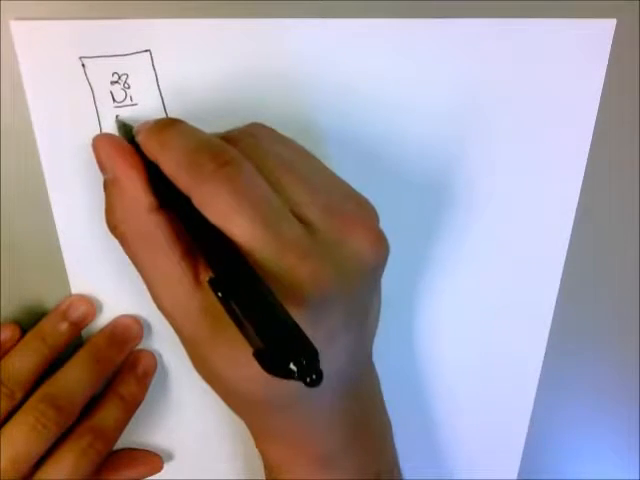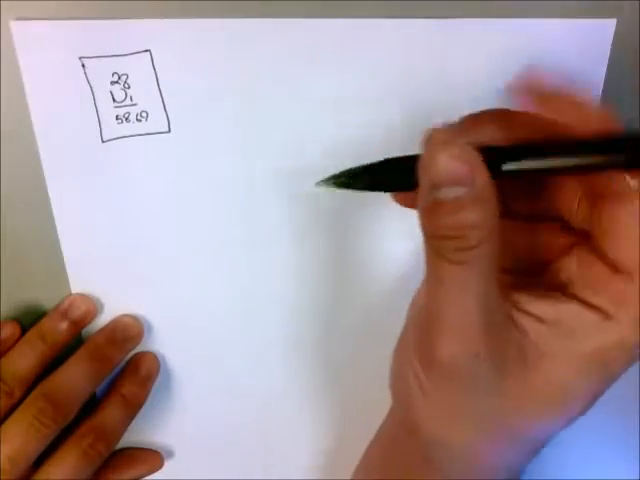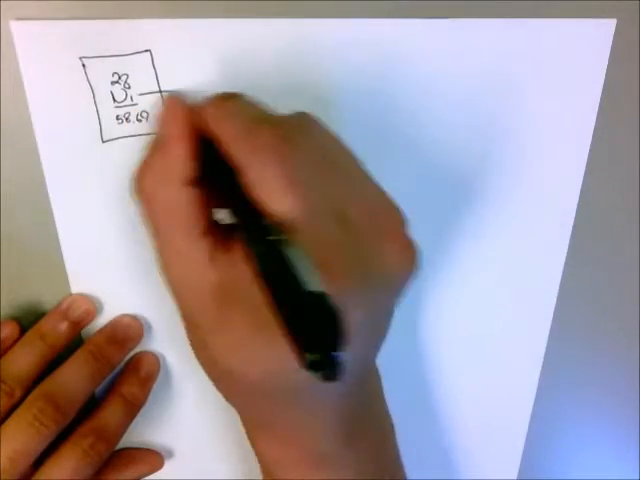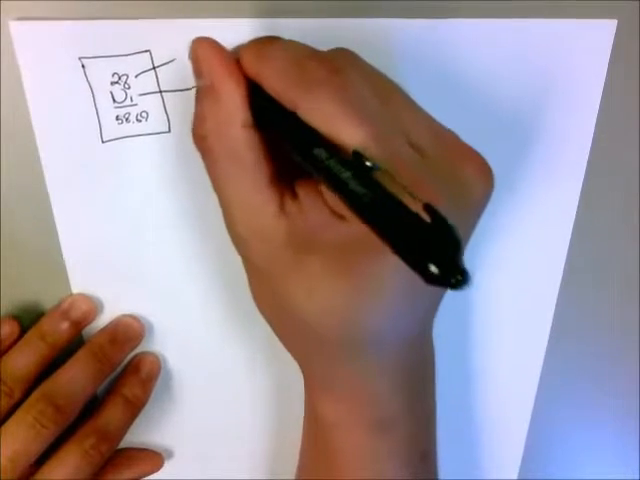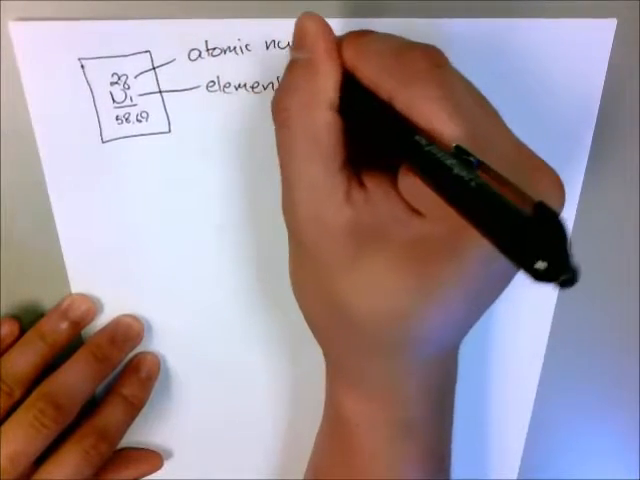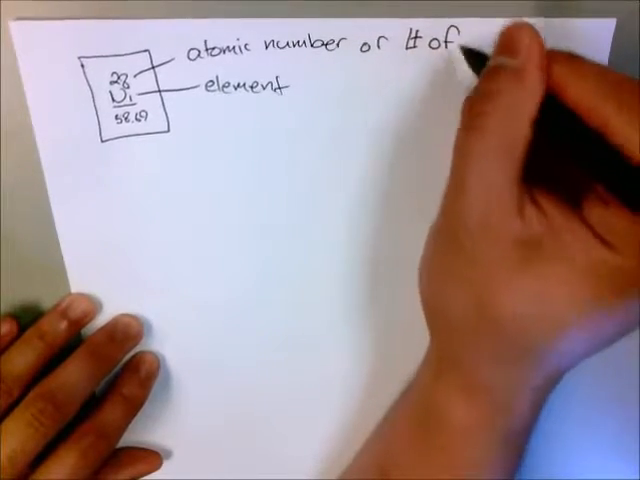I actually don't know, hold on, let me Google this. What's the mass of nickel? It's like 58.69. So then you'll have a mass number down here, 58.69. So what this whole thing means is, this is your element. That's nickel. This is your atomic number,